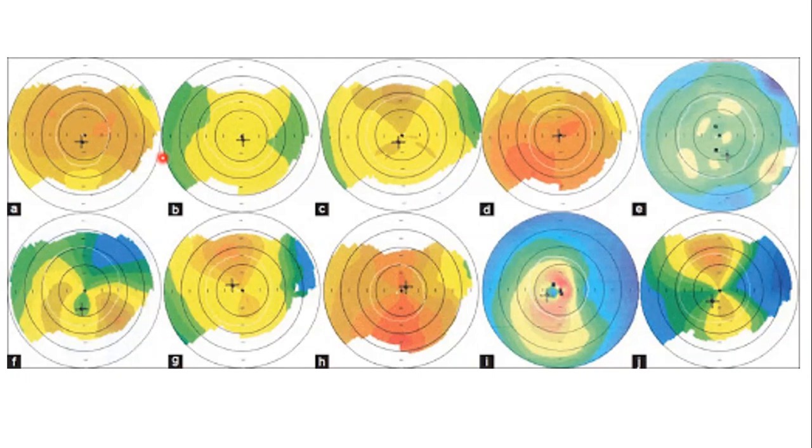And we should also keep in mind that the cornea has 2 meridians. So not only will you see the shape in the horizontal meridian, but you also have to look at the shape in the vertical meridian. In both meridians, what kind of shape is it? If the shape is similar in both the horizontal and vertical meridians, then we say the cornea is a spherical cornea. If it is different, then we say it is a toric cornea or astigmatic cornea.